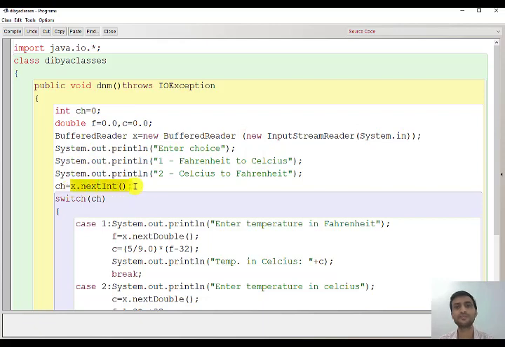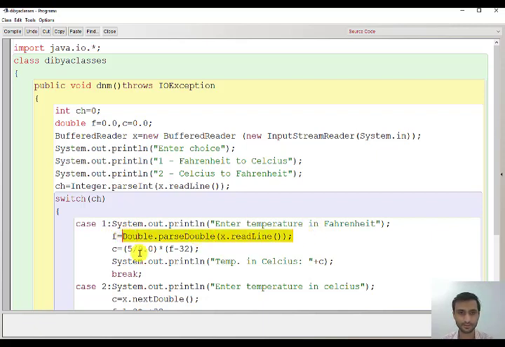And you have to change the input methods because these are for scanner. You have to convert these for buffer reader. That is, here it will be Integer.parseInt, and inside the bracket you have to write x.readLine. Similarly, for double you have to write Double.parseDouble.